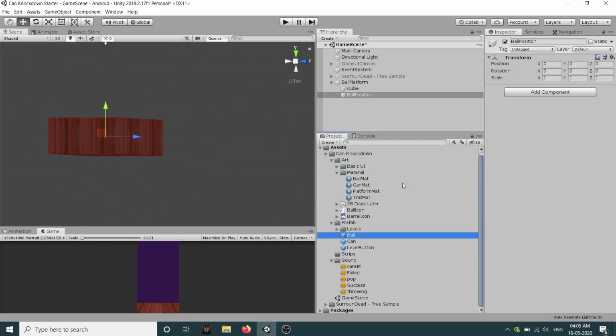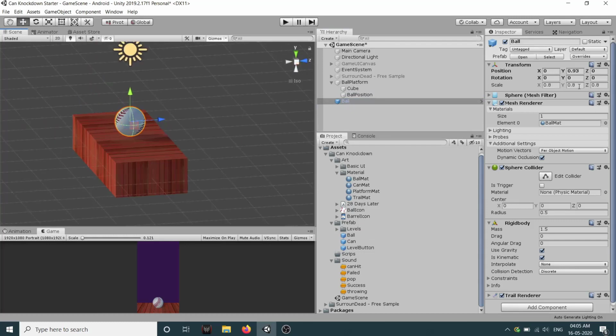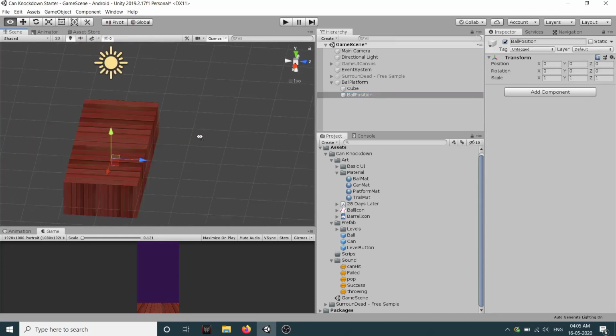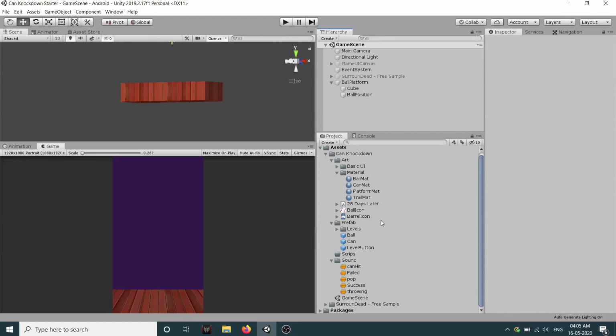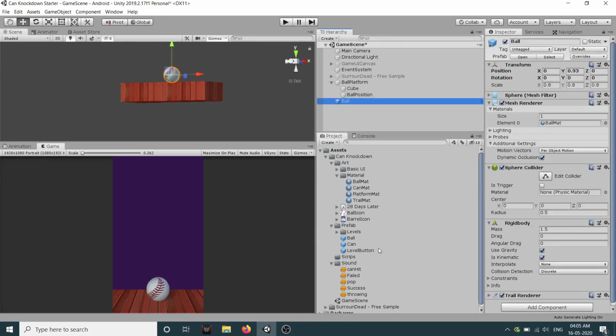If I drag the ball here, you can see our ball has to be at 0.93 in Y. So I will delete this prefab and change the ball position game object position to 0.95. Let's drag our ball to the scene and we will create a swipe controller for adding force to our ball.